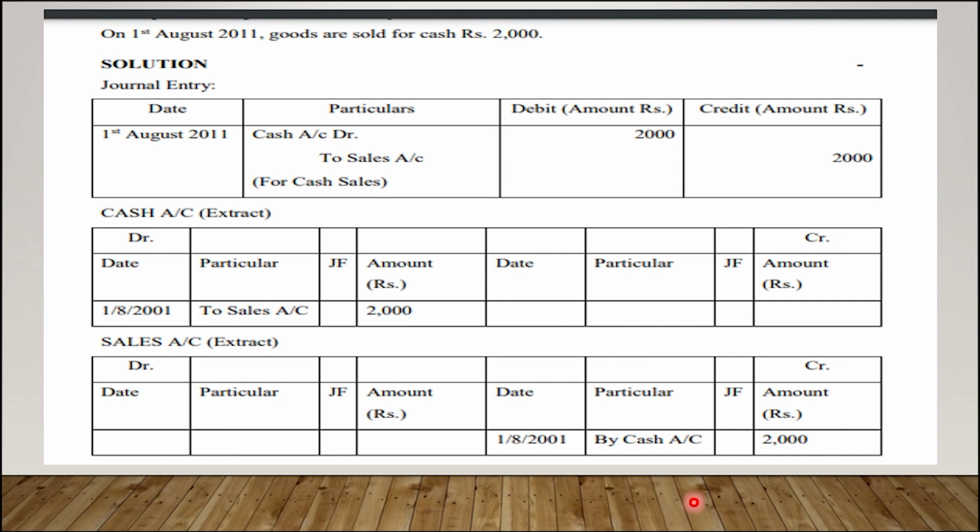We simply pick a transaction and then we find out the accounts where information has to be posted. We look at the debit or the credit balance and come towards that side. We find the respective debit or credit account and enter the account name. So this is how ledger posting is done. You can practice this a lot. This topic requires a lot of practice and then you'll be able to post it correctly. For any kind of transaction, any kind of journal entry, the posting procedure remains the same.